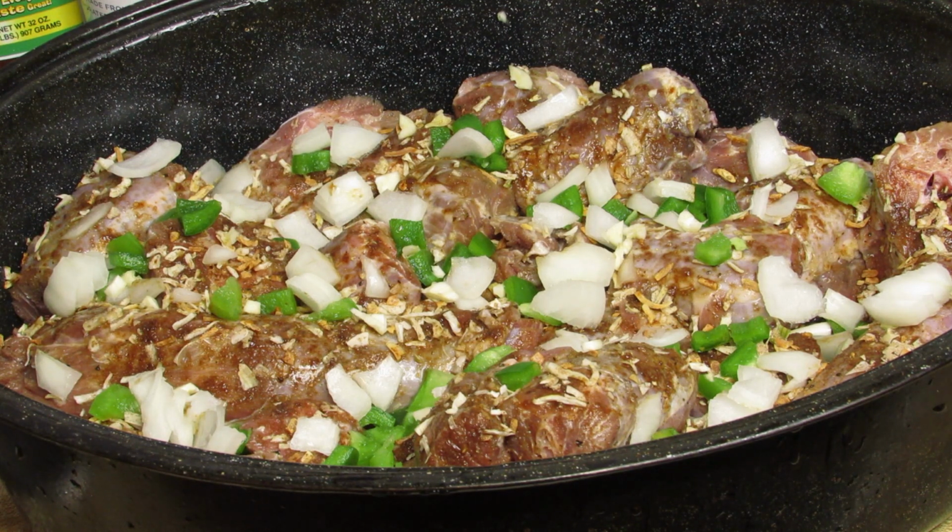Now with this, it's going to make its own gravy. And like I said, I may use better than bouillon. I may not need it. In case, you know what else I need to do? I'm going to go ahead and sprinkle a little flour on the top, because that also helps. Well, no, maybe I won't, not with this. I usually do that though, when I bake it,